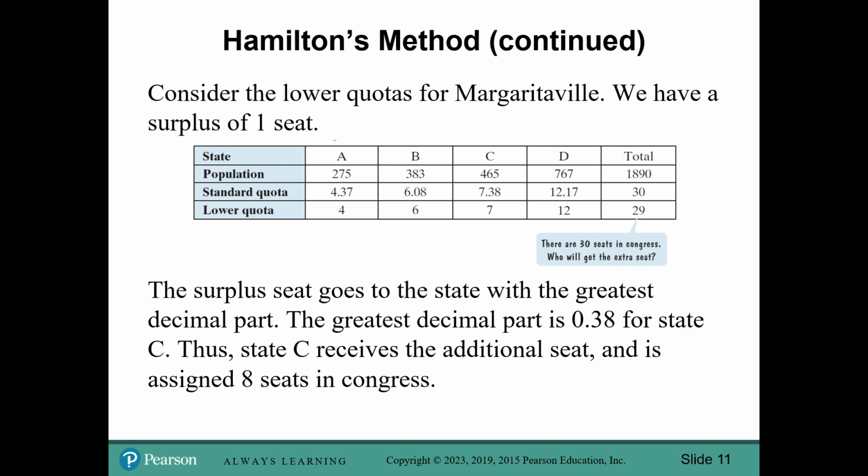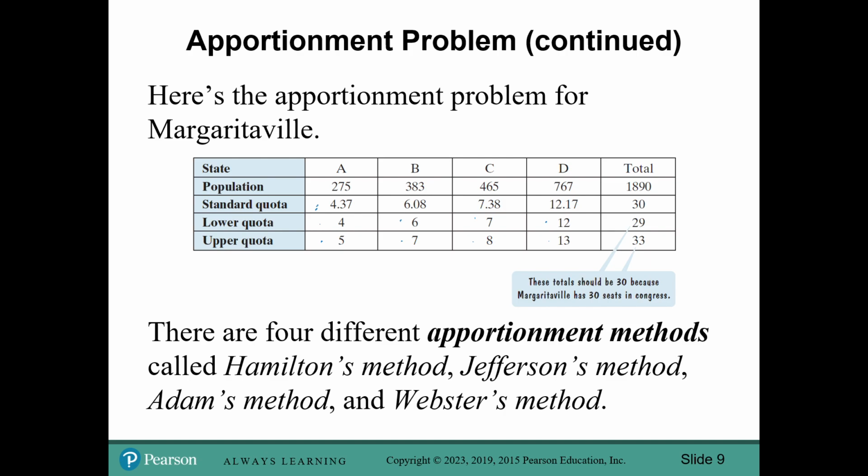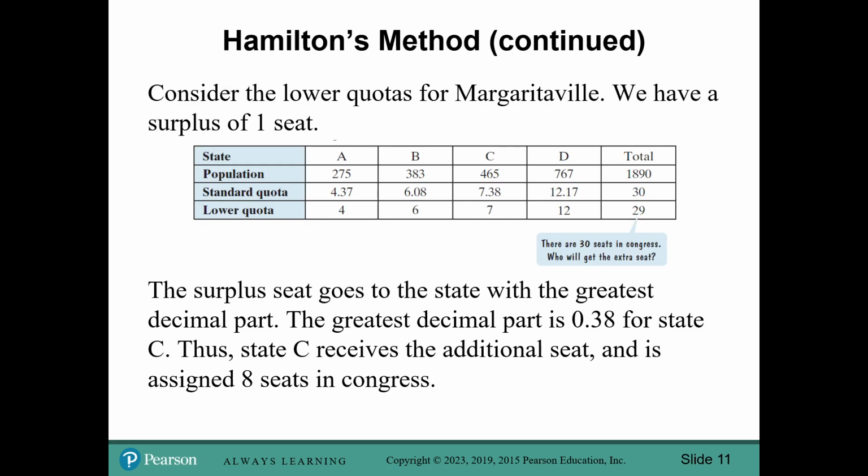We're going to keep the Margaritaville problem. Consider the lower quotas for the Margaritaville problem. We have a surplus of 1 seat, which means we need to fill 1 seat. And this is the exact same chart that we just saw back here, but we're only looking at the lower quota so that we can follow the 3-step Hamilton method. Now, the surplus seat is supposed to go to the state with the greatest decimal part. The greatest decimal part is